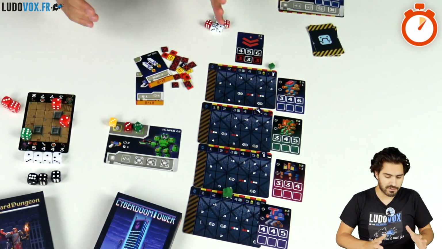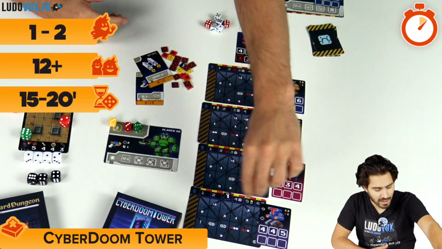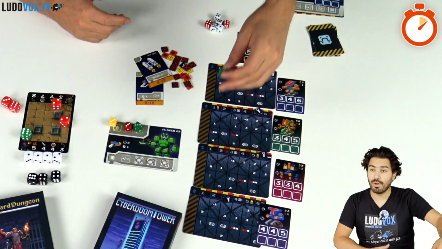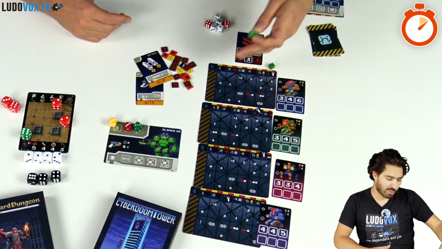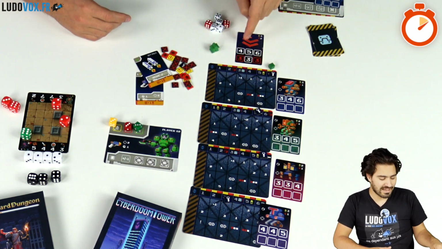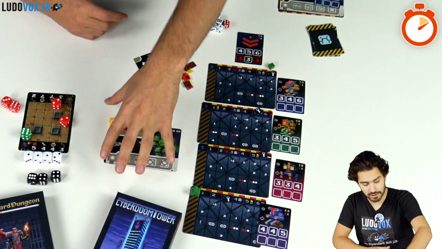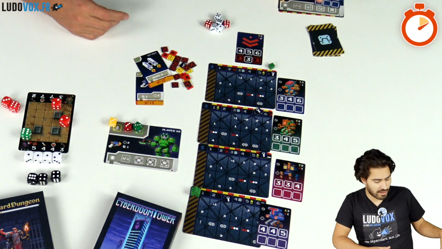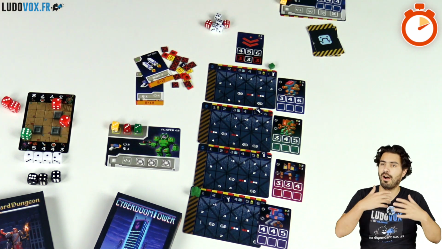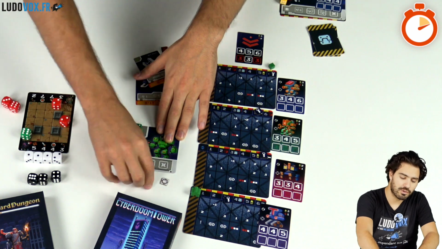So first, Cyberdune Tower. In Cyberdune Tower, you basically try to climb up the tower, but to do so you need to get those keys that give you access to other floors, and once you go up the floors you will be able to face a deadly AI and you want to defeat it. So you have a character, which is the meeple here, and you can have another one, and also a card, and you have dice which represent the character's energy. You have the abilities that you can improve over the course of the game,